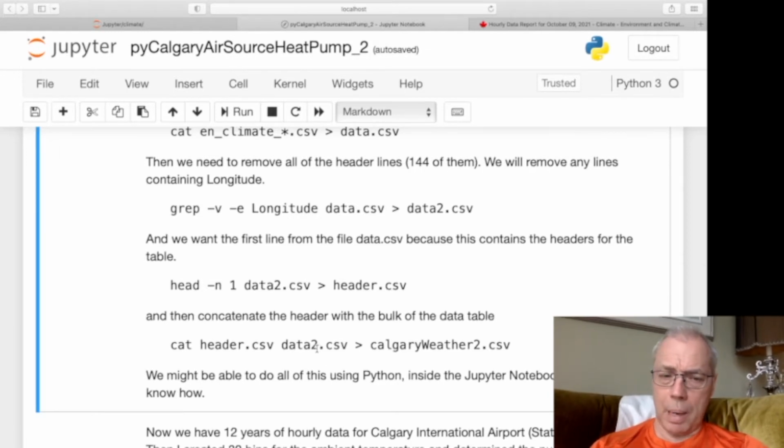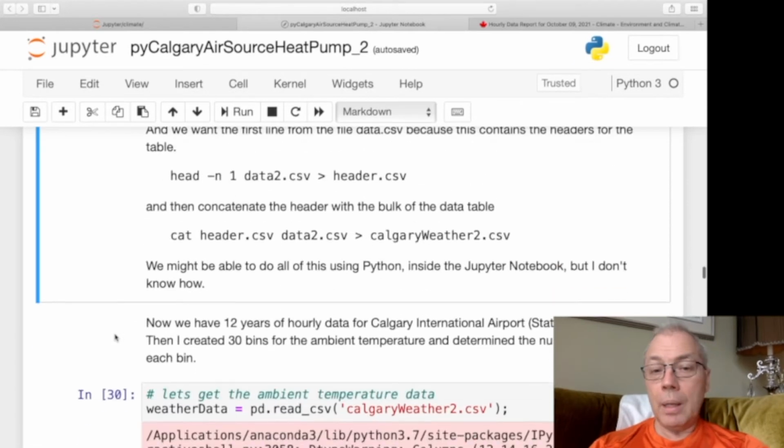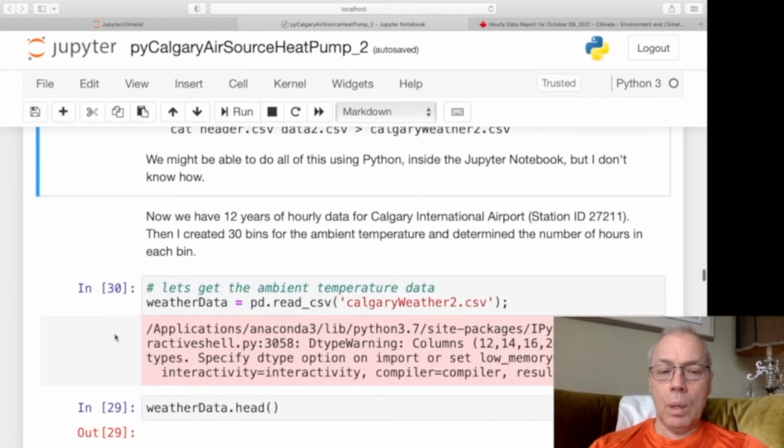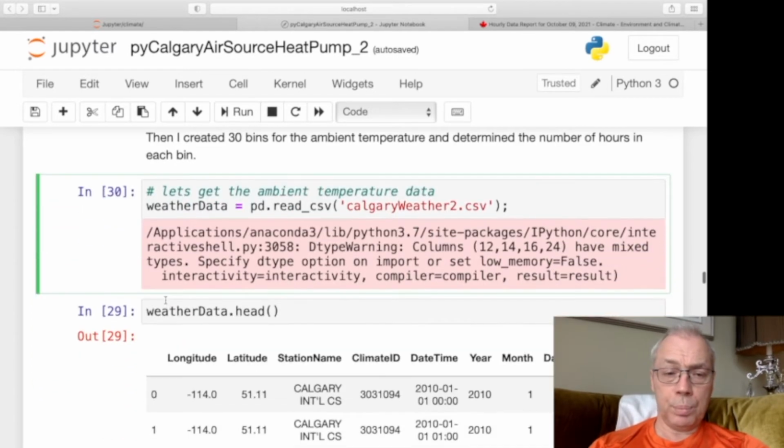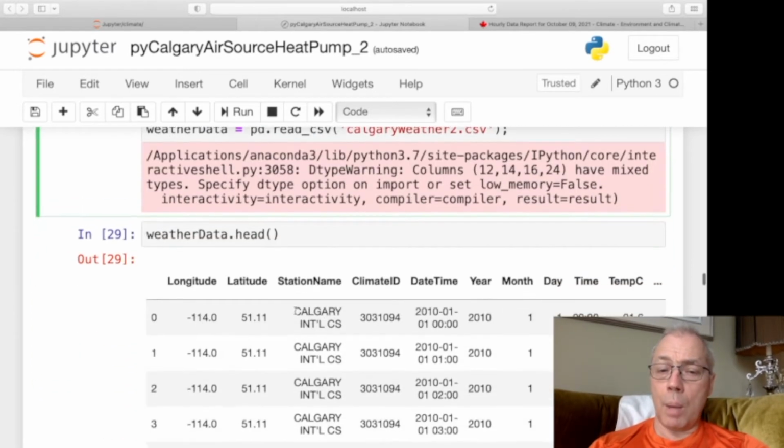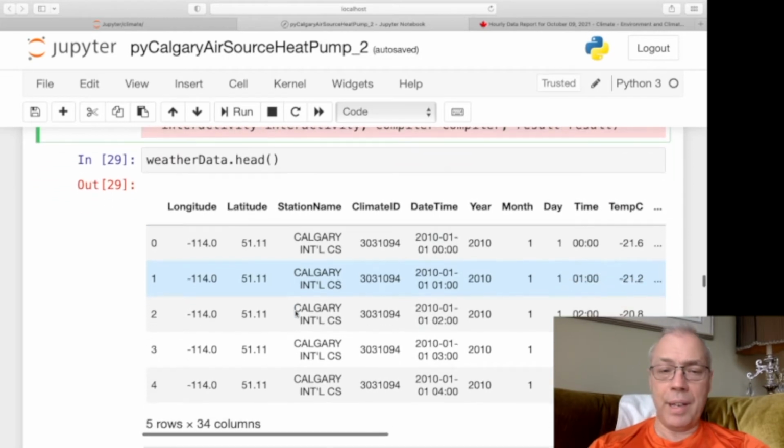I do this from the command line. Okay, so now we've got 12 years of hourly data. Now we need to do some processing with this. So we'll pull that into a data table. We'll take a look at the top couple of lines just to peek at the data, and the data looks